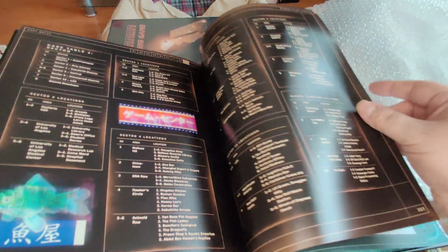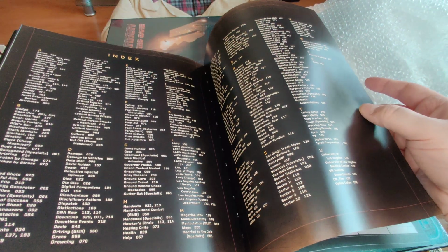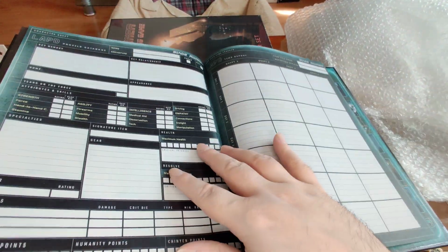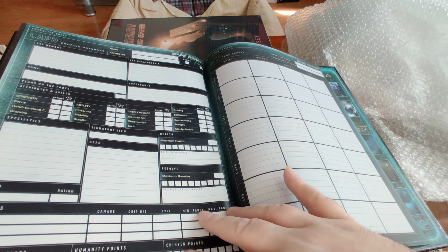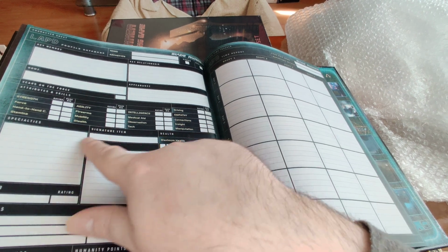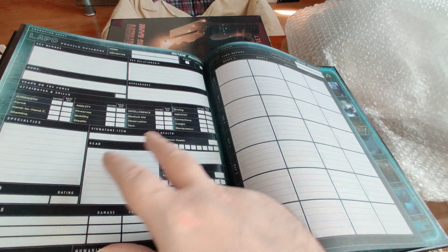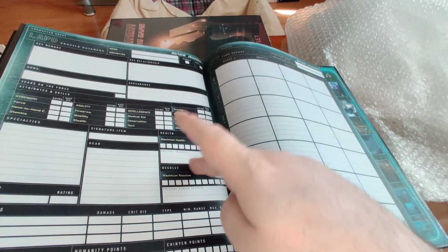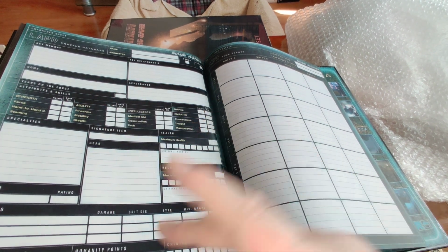Oh man, very cool. And then we got our character sheets. Key memories, key relationships, appearances. Then we've got ratings and base die and strength, agility, intelligence, and empathy with various skills underneath those. And we have specialties, signature items, max health, critical injuries, resolve, maximum resolve, gear, weapons, armor, promotion points, humanity points,